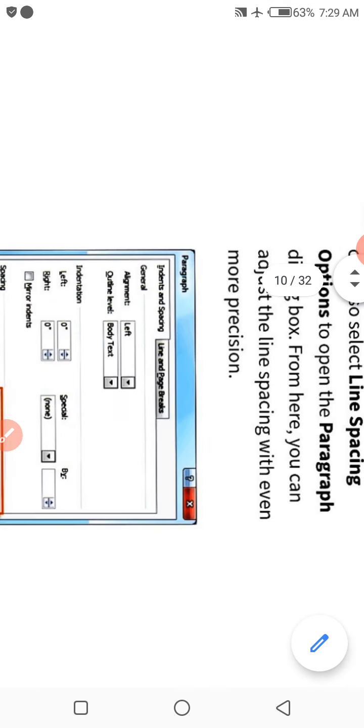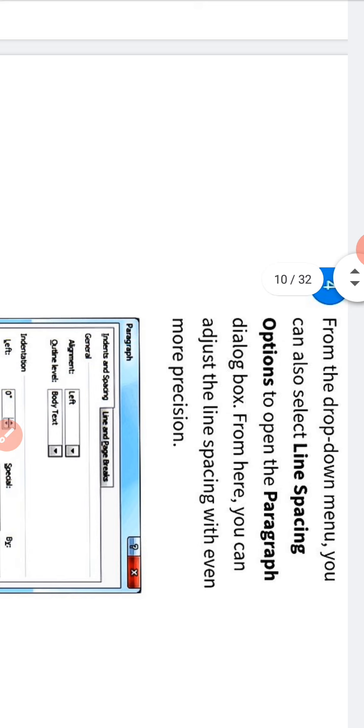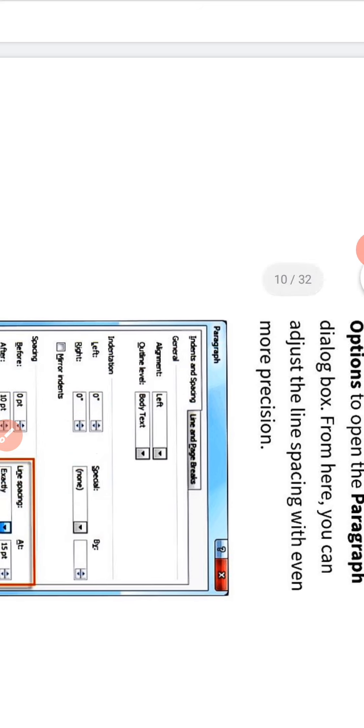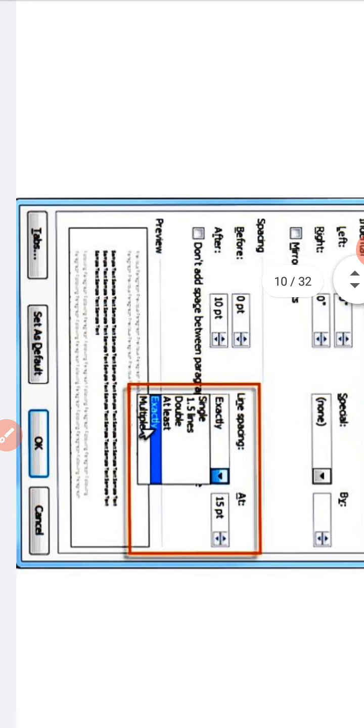From the drop down menu, you can also select line spacing option to open the paragraph dialog box. From here, you can adjust the line spacing with even more precision.